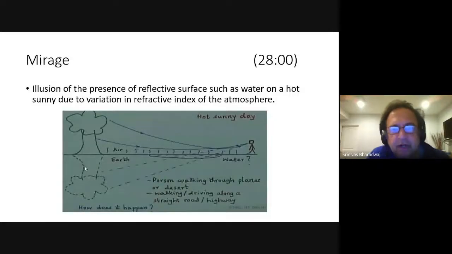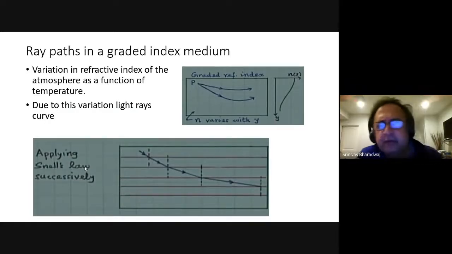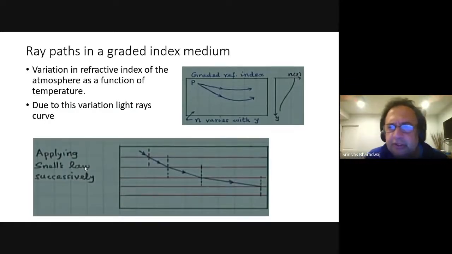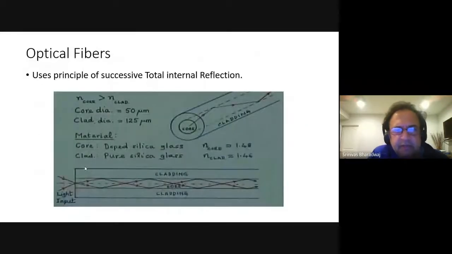Now, mirage also occurs due to total internal reflection, as we said, right? And now there's another kind of fiber which is often used, and that is this graded index fiber. Graded index fiber actually can carry more data than a regular fiber, but both with the step index fiber. This kind of fiber is called step index fiber. So there is a step in the index. So part of it is one index, the other part is a higher index.